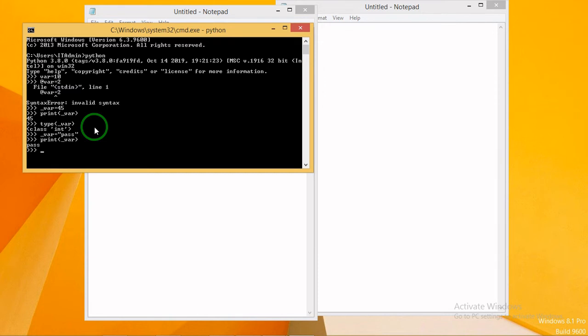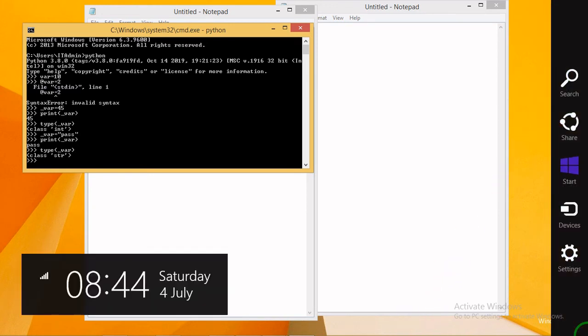To find its object type, you have to use the type command with the variable name you used for the value. I'm going to find its object, and it's a string object. This is how you find the object reference for any value assigned to a variable.